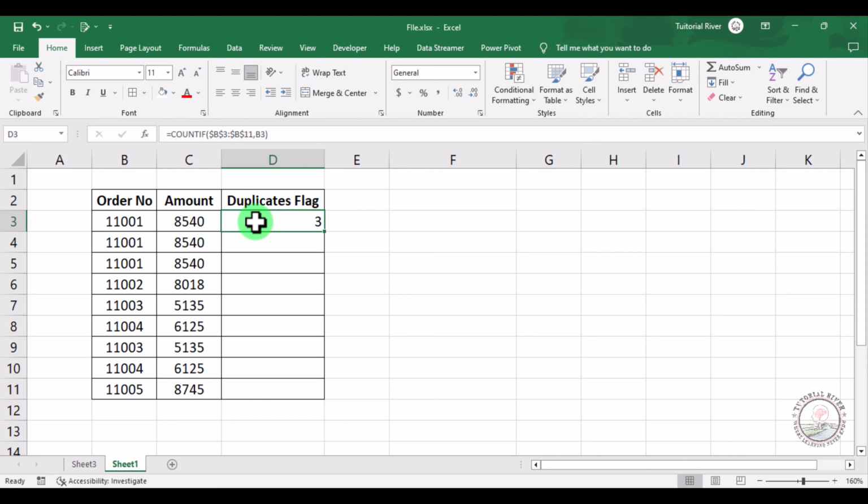Here you can see that order number appears 3 times. So this is a duplicate value. And if we drag it or double click this, then we can see that order number 11002 is not duplicate. On the other hand, order number 11004 is duplicate. Now we just need to